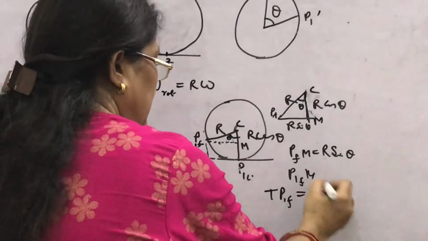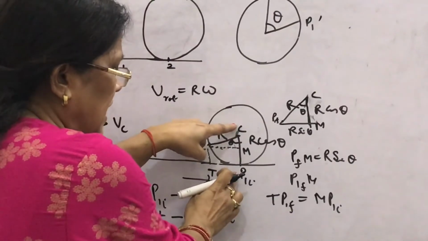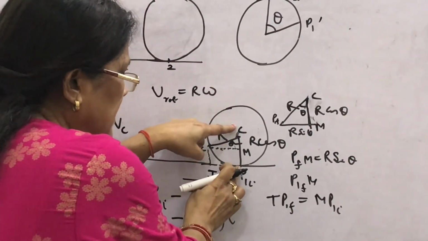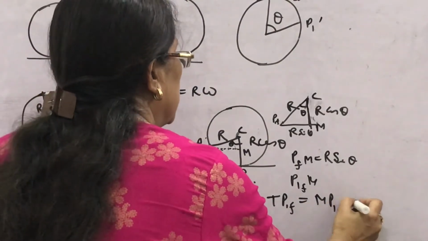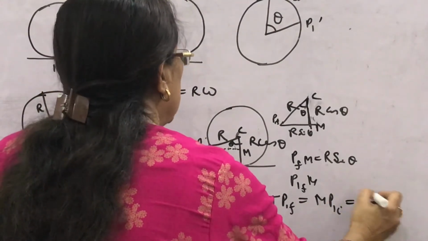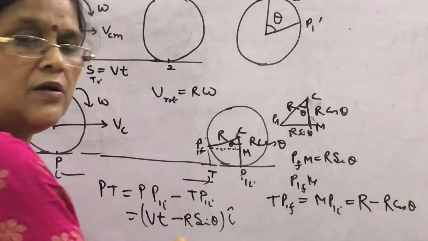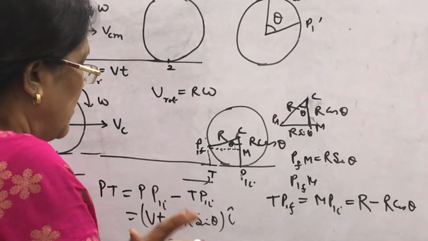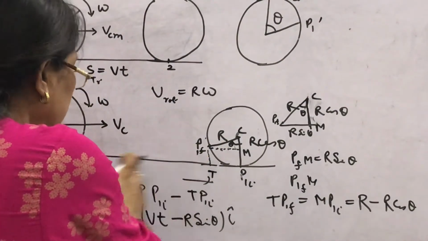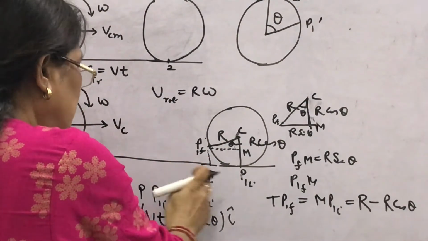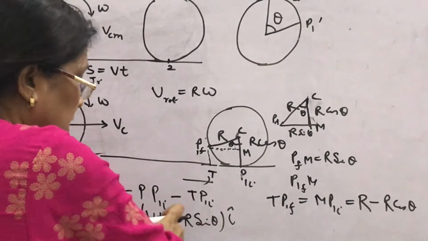CP1I is R. This total is R, then R minus CM, that is equal to R minus R cos theta. Look, point P to P1F, this is the P to T, this is the displacement in the x